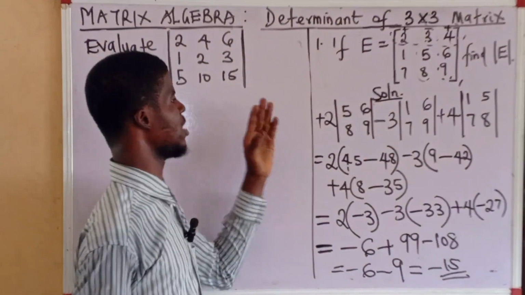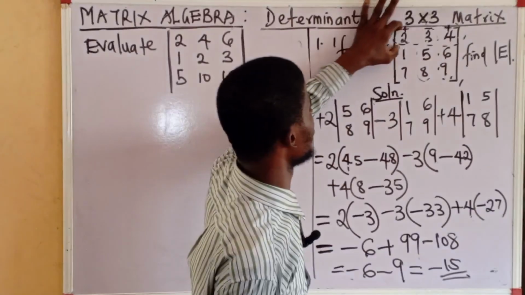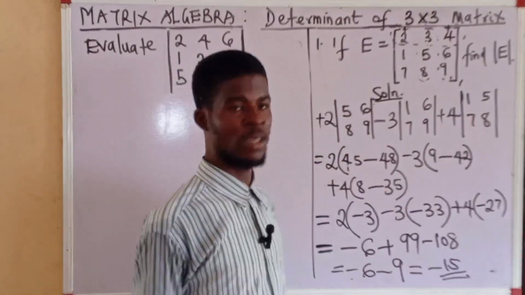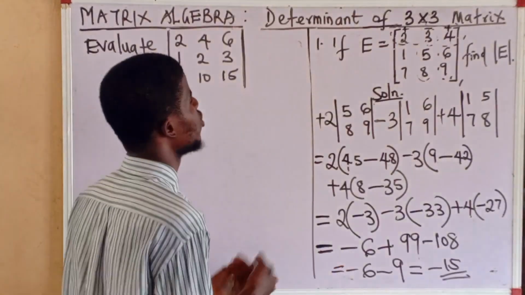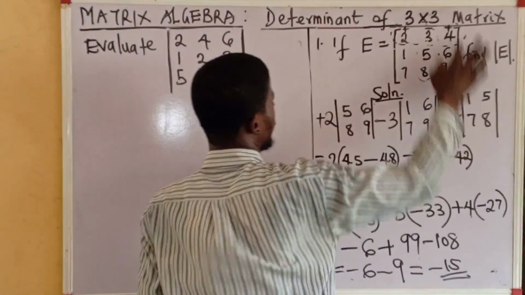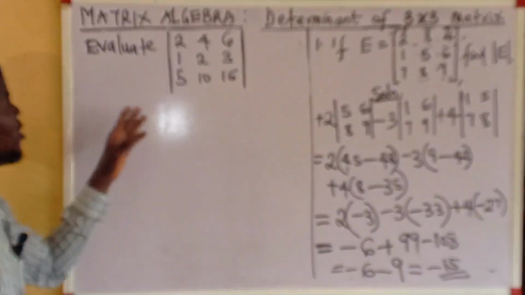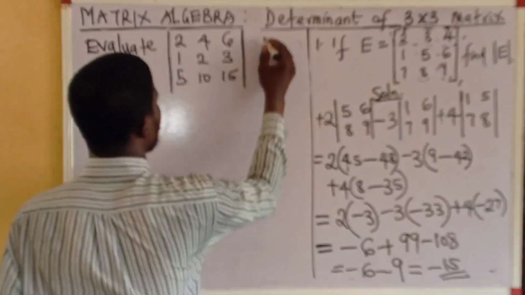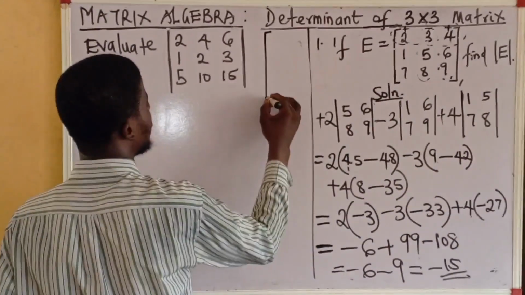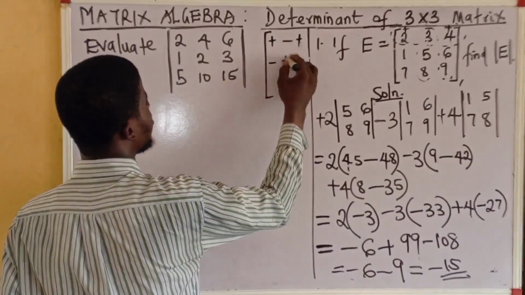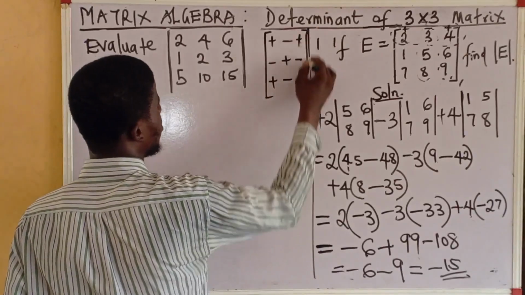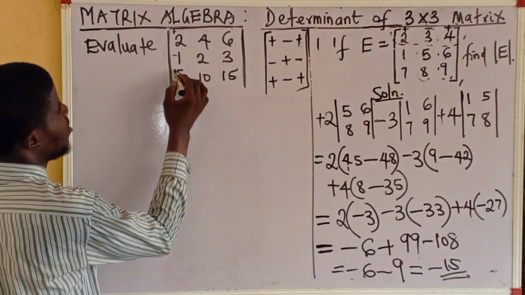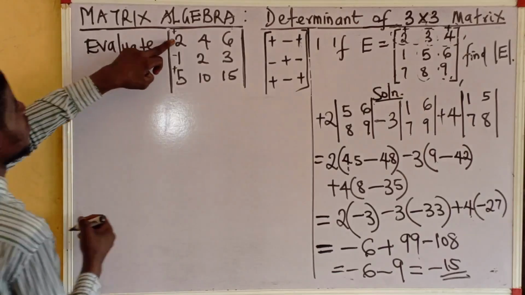All right. In this solution, the expansion was along the first row. That is, I used each of these elements here, 2, 3, 4. So I can also choose to expand down a column or along any row. In this case, I want to expand down the first column. This is it. Plus, minus, plus, minus, plus, minus, plus, minus, plus. So if I'm expanding down this column, 2 has a plus, 1 has a minus, 5 has a plus. So I'll take plus 2,